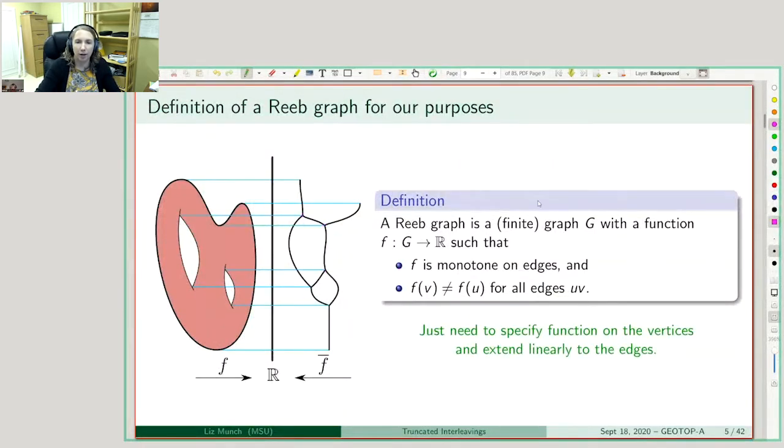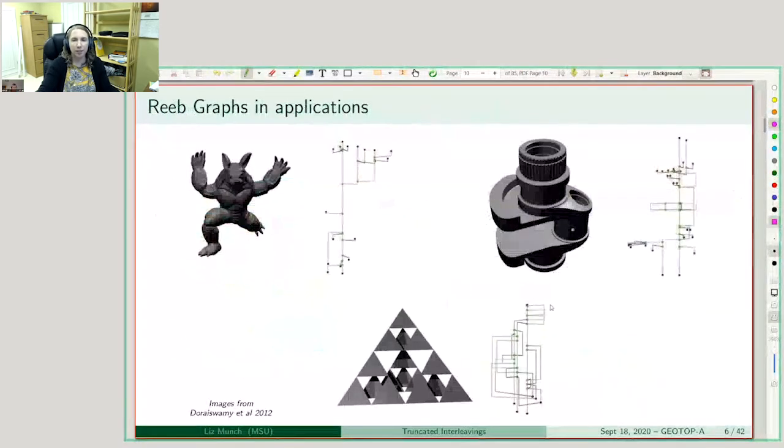All right, so I just need to specify the function on the vertices, and I extend linearly to the edges, and then I have all the information I want. Okay, so these things show up a bunch in applications. These are some images from some lovely papers from the Viz community, but these things show up in practice in lots of different places. And so the basic idea with working with Reeb graphs is that they should represent something